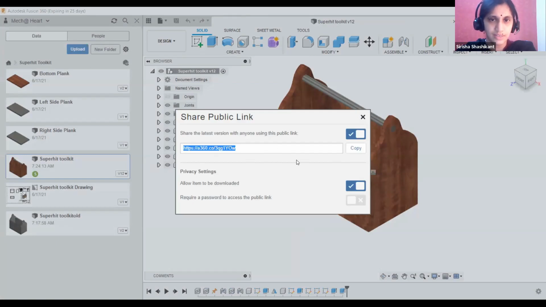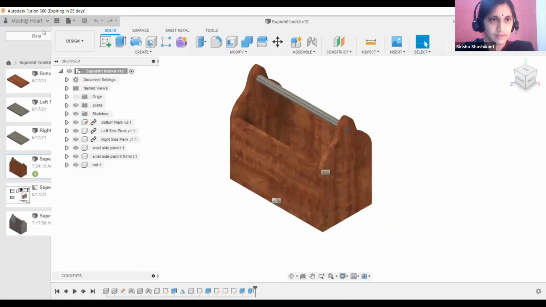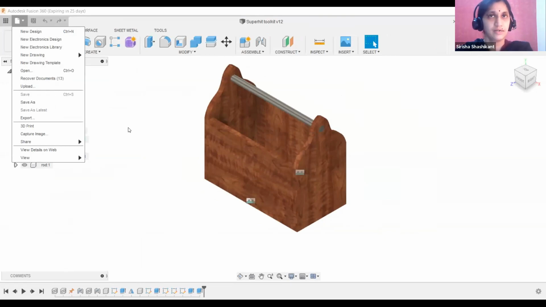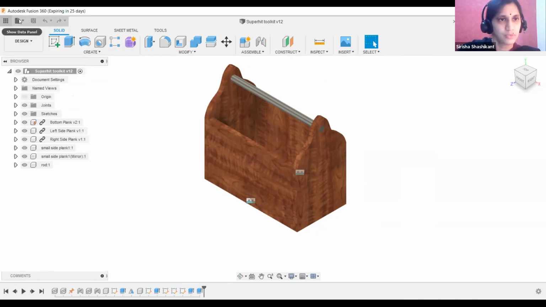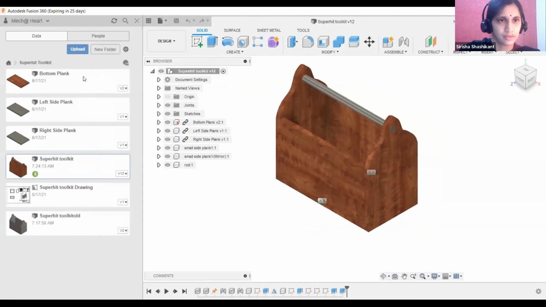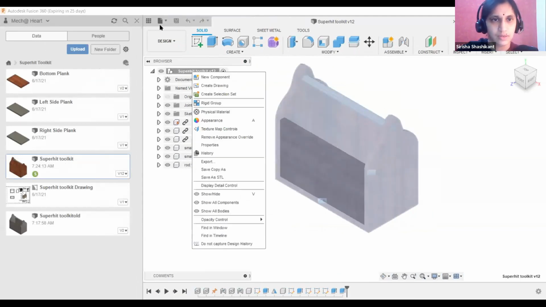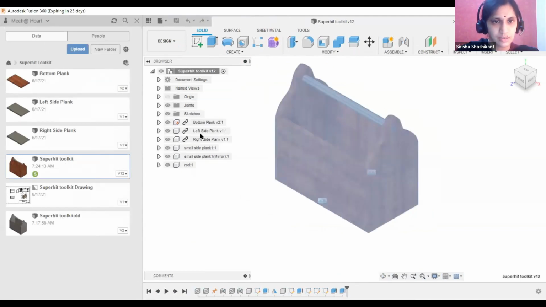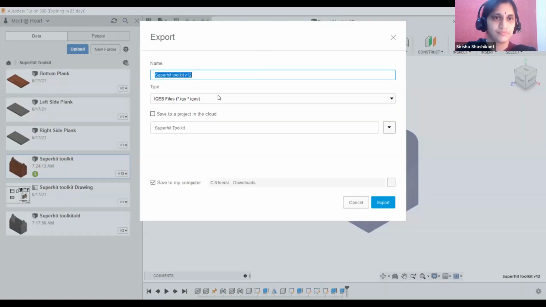So here, if I share just this link, I can open it in a browser and see how this component is going to look in 3D, right? Other than this, they can download that part onto their system, and then they will be able to open it. And here you can see there's an export option, right?